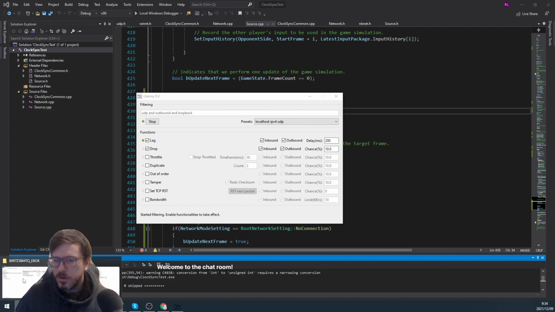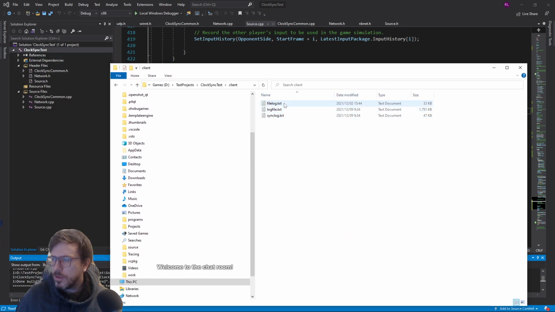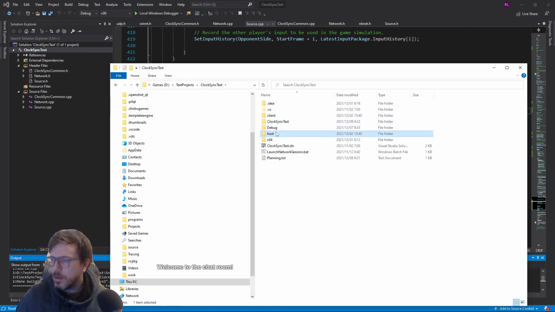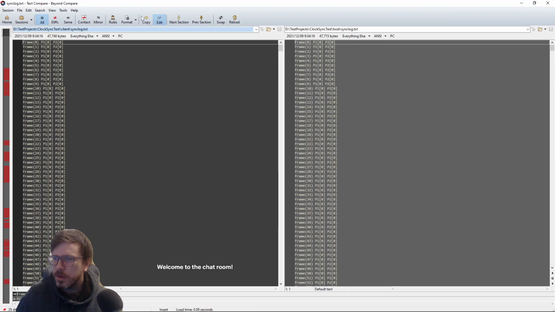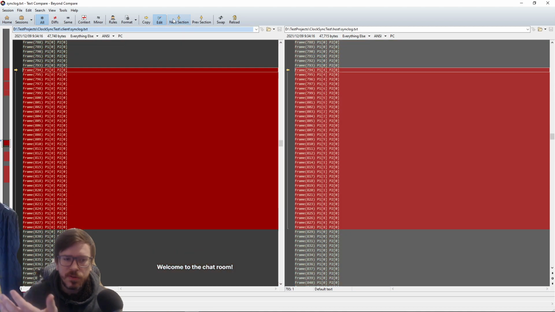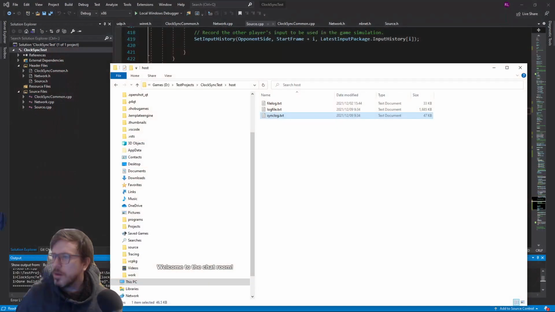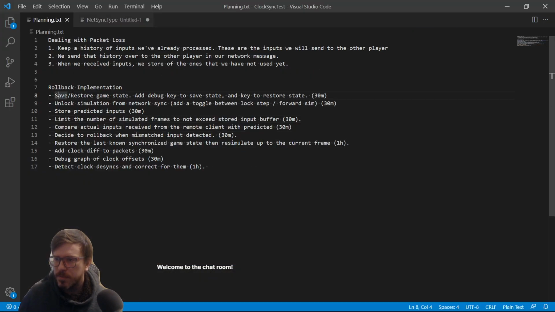And actually, if we do a comparison here between the sync logs, we should see the desynchronization in the input itself, right? So the inputs were different on both sides for each particular frame. So it's out of sync. So looks like we've saved restore frame supported, unlock simulation,